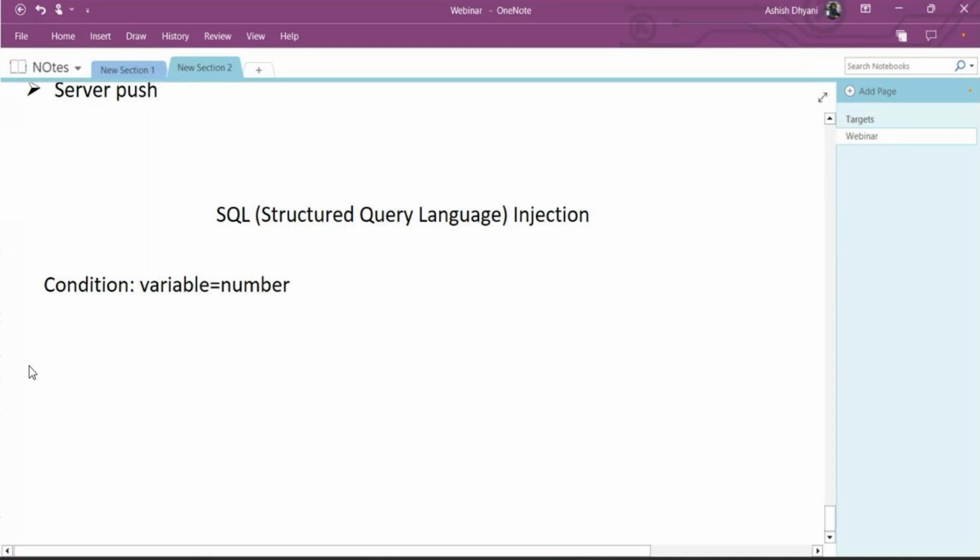Yes. So variable equals to number situation is correct here. Now, what I have done, I have broken SQL injection into 5 steps, right? Step 1 is breaking developers code, right? Now, when we talk about breaking developers code,